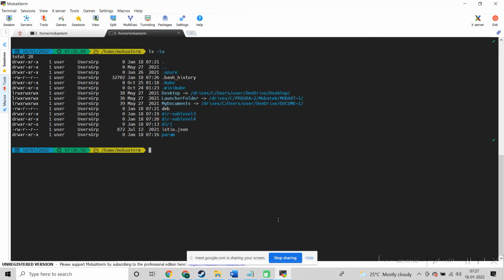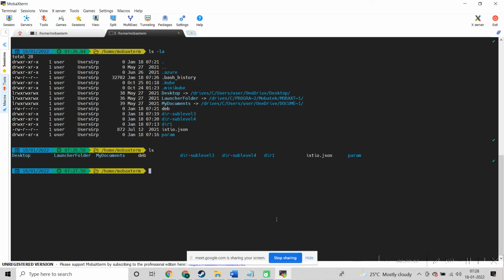When you say ls, it will list the directories and files under that directory, not the subdirectories. If you don't give a parameter beside ls, it will pick up your present working directory.